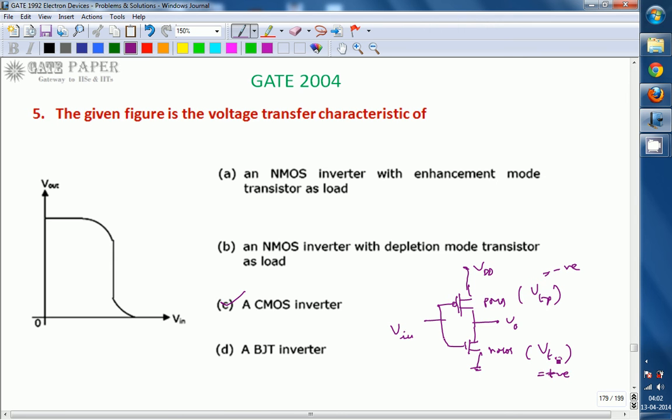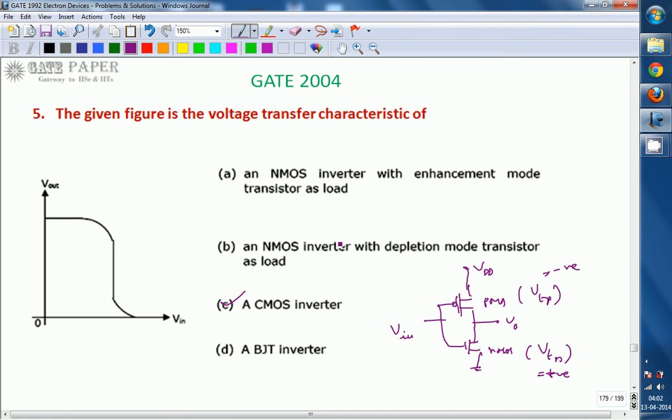Threshold voltage is the minimum amount of voltage that should be applied across the gate such that a channel is formed so that it becomes on. The transistor comes into the on condition if you apply the minimum input voltage, that is gate to source voltage, of VTP for PMOS and VTN for NMOS. Both are of opposite type, so the threshold voltage for NMOS is positive and for PMOS is negative.